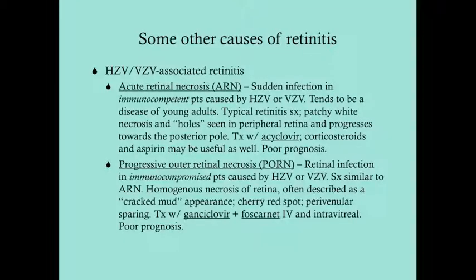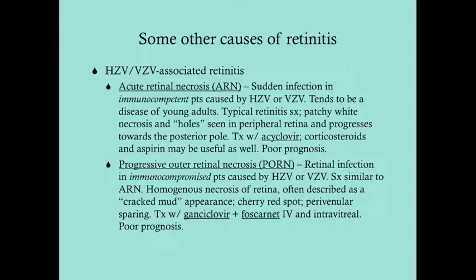Okay, so some other causes of retinitis. These are two causes of retinitis that are associated with herpes zoster virus as well as varicella zoster virus. So the first one is acute retinal necrosis, and this is a disease of young, healthy adults. And it's caused by herpes zoster or varicella zoster, and these patients will present with acute typical retinitis symptoms, so decreased visual acuity in one or both eyes, floaters, possibly symptoms consistent with retinal detachment,